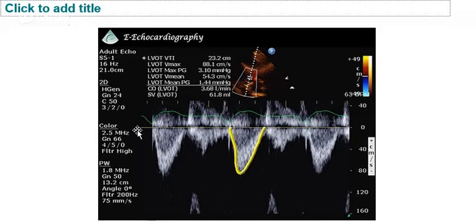Okay, so when we place the pulse wave Doppler, the most important point is we can see the deflection of the wave away from the baseline. Usually in the Doppler mode, a baseline is defined. In most echo machines the baseline is set. We need not adjust the baseline, but sometimes we may have to adjust it also. If this baseline is set, any flow which is away from the transducer is reflected in the downward direction. So these are the downward deflections. Okay, so this is called the blood flow away from the transducer, and by measuring the area of this